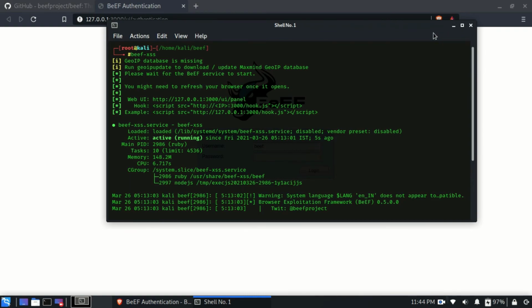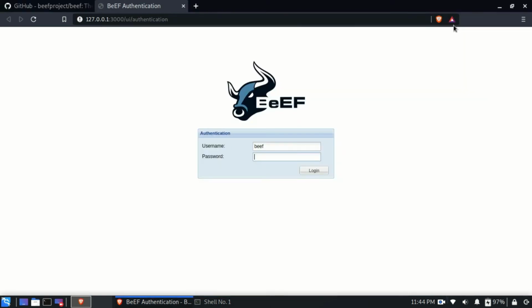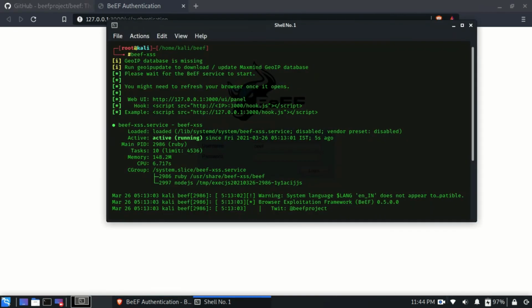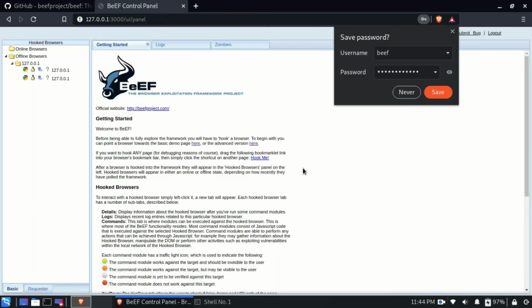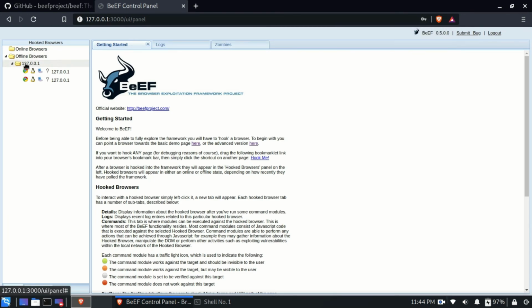I have done it already, so it did not ask me for the password, but for you it will ask the first time. That password which you enter there, you just need to enter it again here. I will enter my password here, and then I can log into BeEF. As you can see, this is the user interface for BeEF, which can be used after hooking browsers.